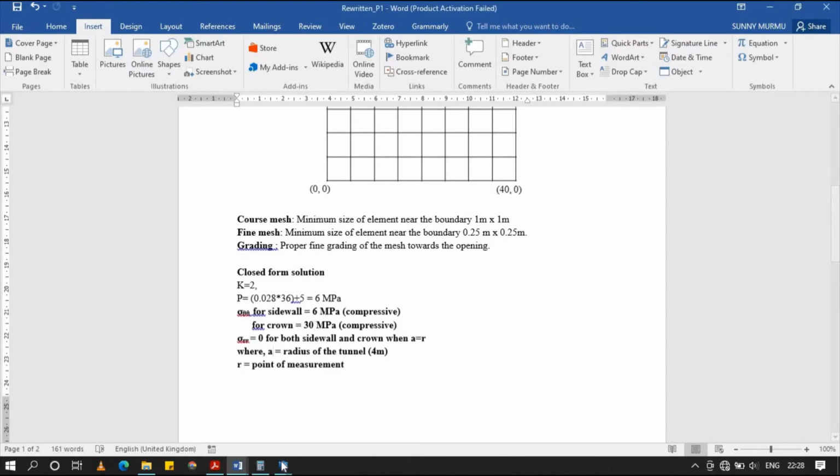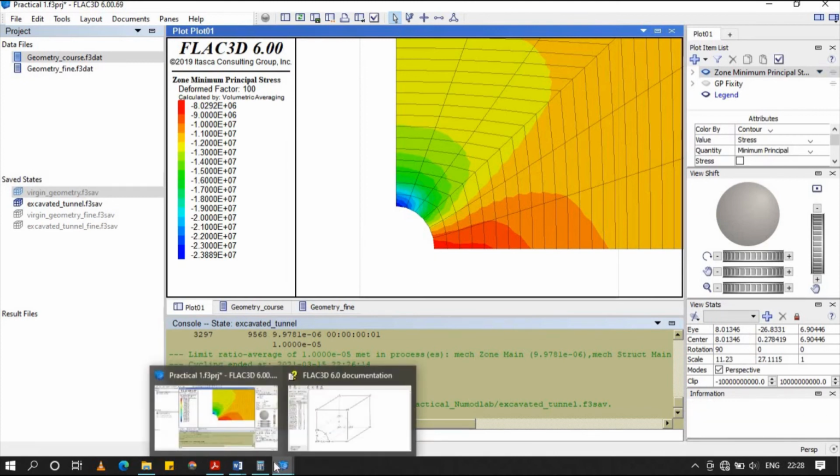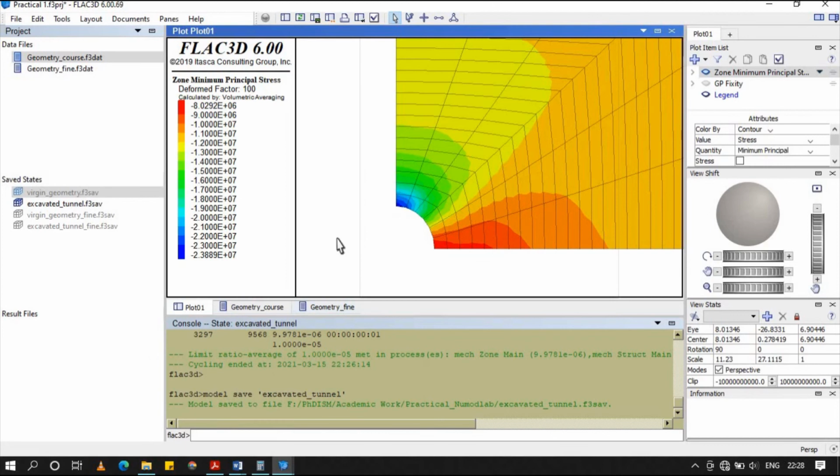So here it is coming 23 and 8. So there is a difference between the calculation of FLAC3D and the Kirsch equation. Now we are going to change the mesh size of the model and see how the results will vary, whether it will vary or not.